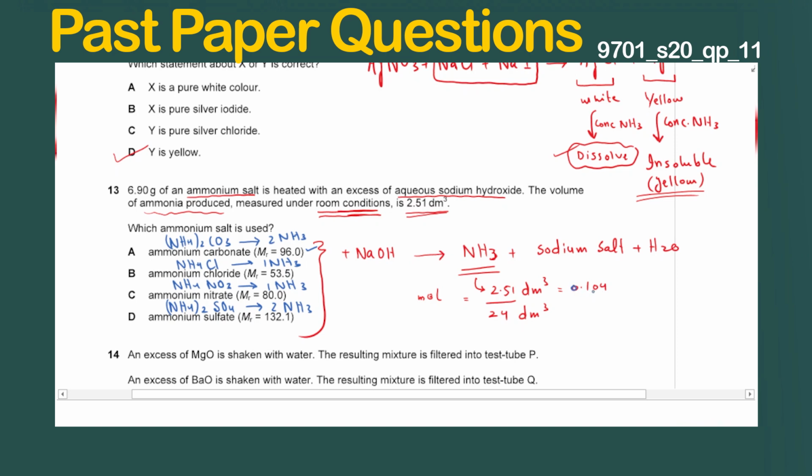Its Mr is 96. So beta ji, 0.104, if we divide this value with the ammonium sulfate, that is having